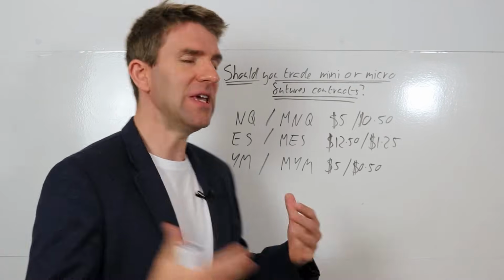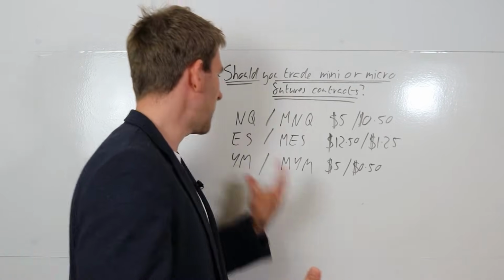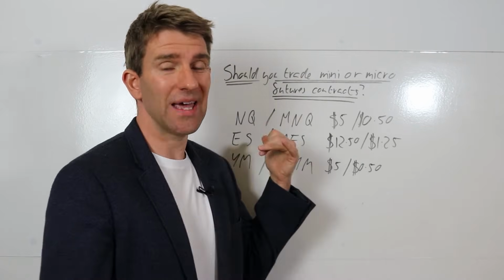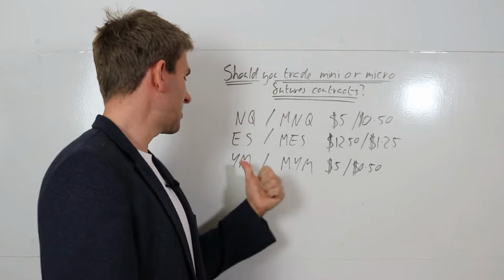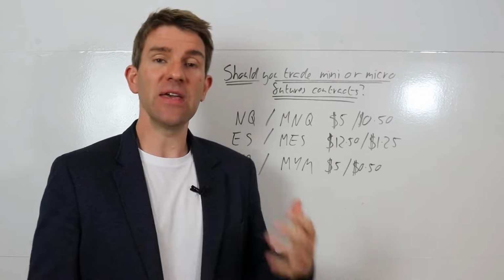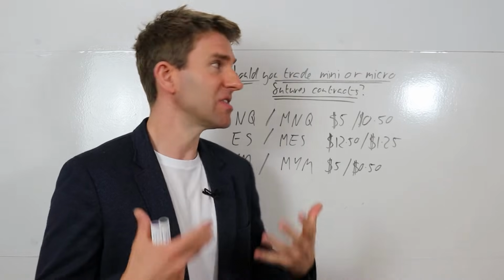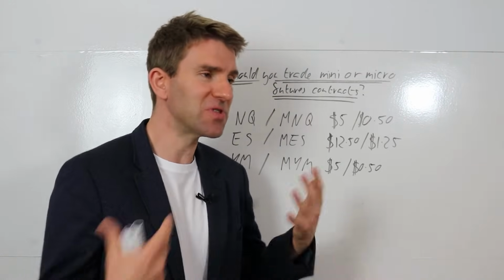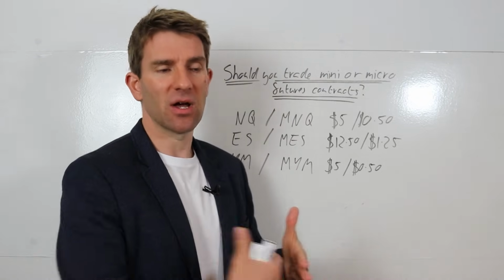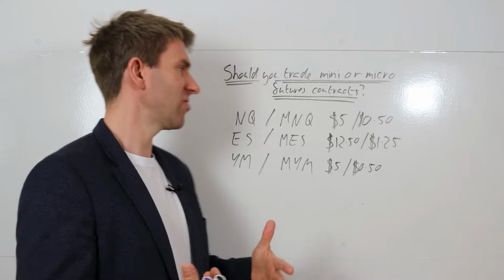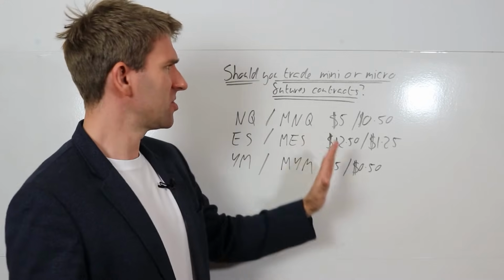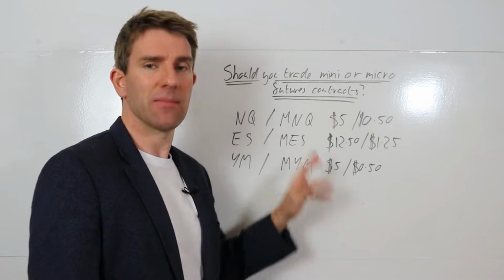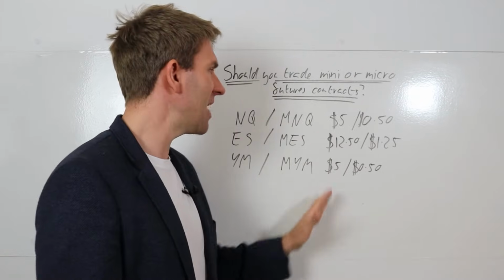So you've got three main markets I like to consider. You've got the S&P 500, which trades under the ES. You've got the Dow, which trades under the YM, and you've got the Nasdaq, which trades under the NQ. Now these are the big contracts. They are the mini contracts, even though now maybe we look at them as the big contract. They're the mini because they came as a subset of the pit. And then the exchange came out with the micros, which are called the MNQ, MES, and MYM. Basically they're a tenth of the size.